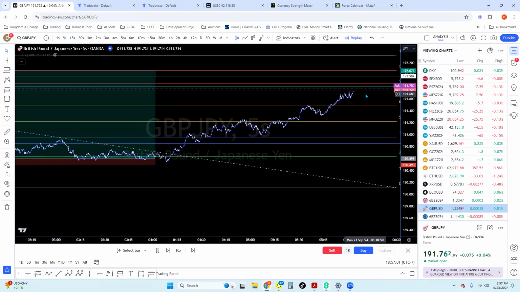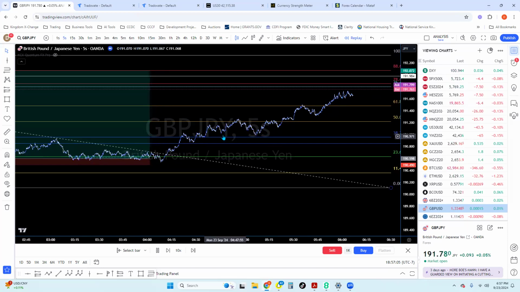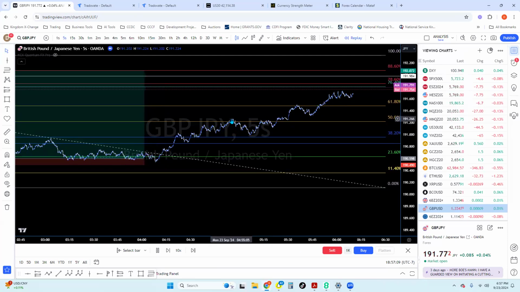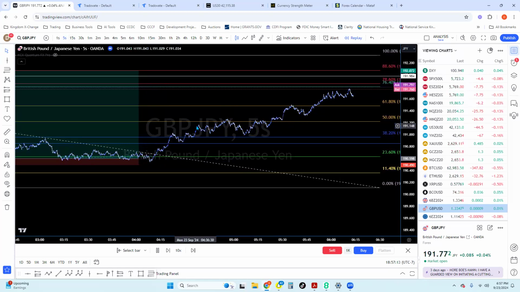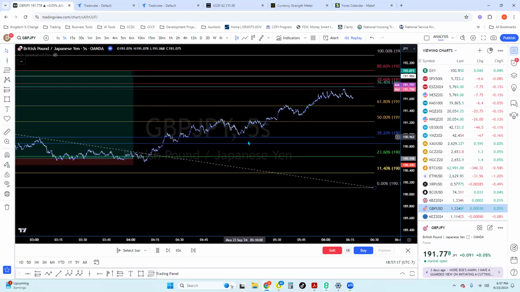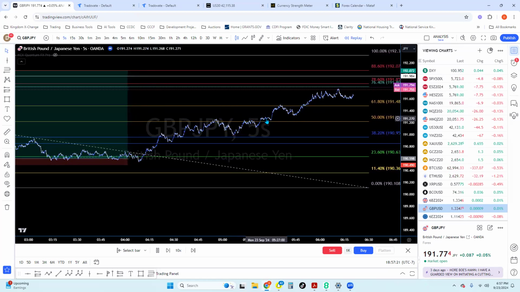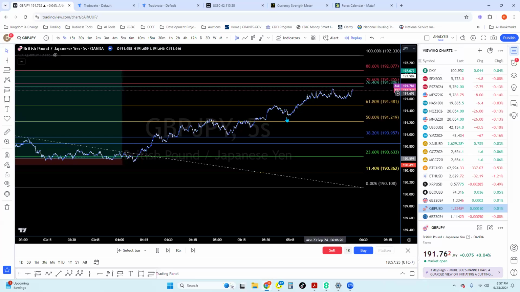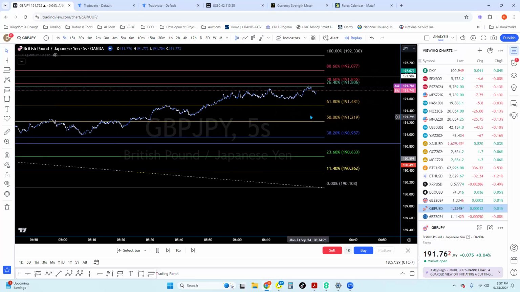When it starts to violate, like here, it violated this one. But looking at this, this is 5 seconds, it's making higher highs, higher high, higher high. It made a lower high, but that's only one. Now it came back and made equals. Now it went back, higher low, higher low, higher high. So it needs to violate it. That's why I wait for the 4 violations. Now it's in the